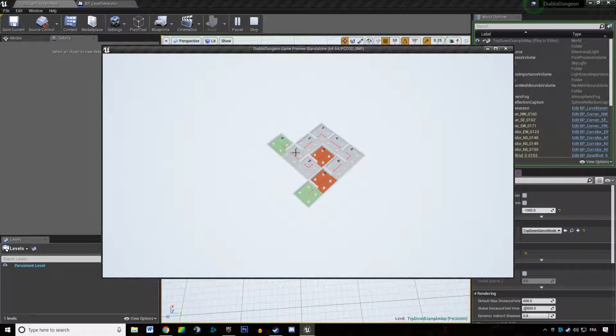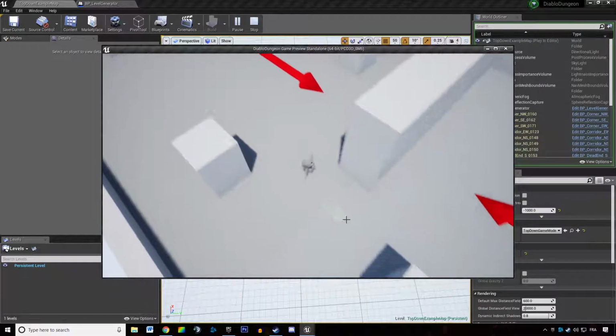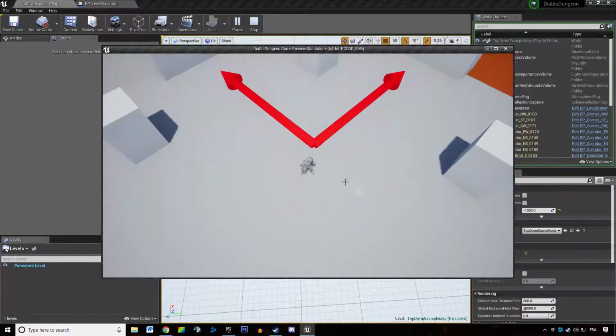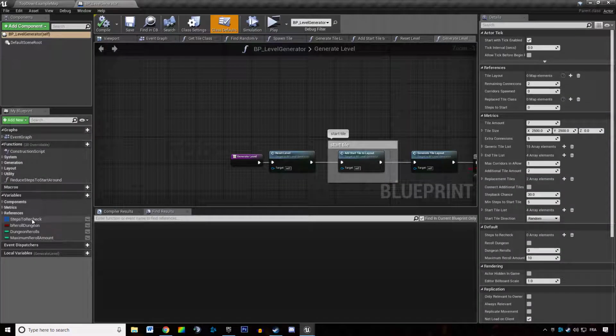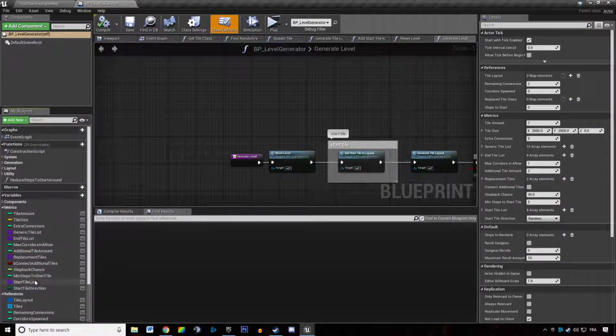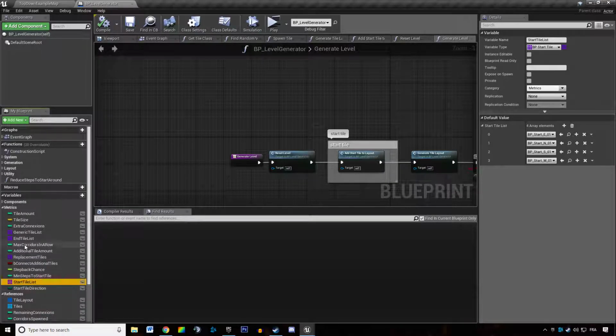So in this example dungeon, I was randomly browsing through dungeons, generating them over and over, and I encountered a layout where the end tile is actually plugged to an additional tile, and maybe we don't want that. It depends on what type of additional tiles you set up in your